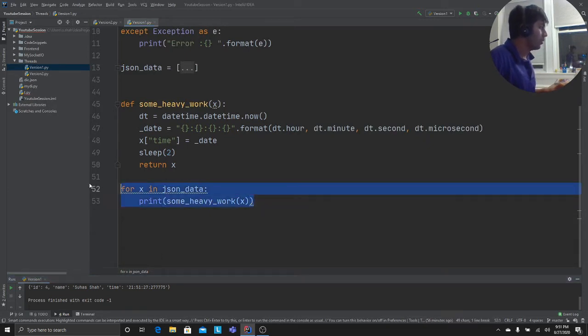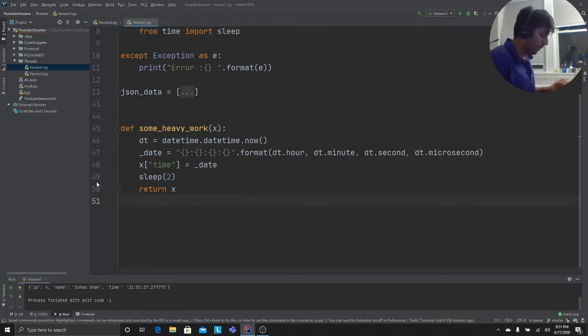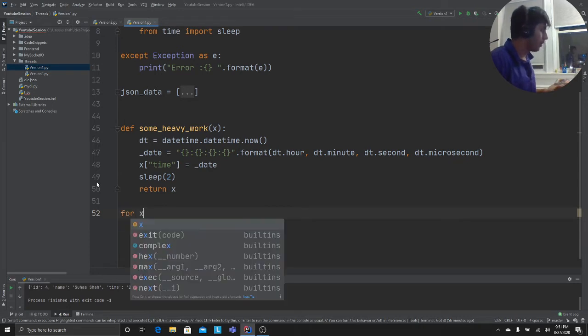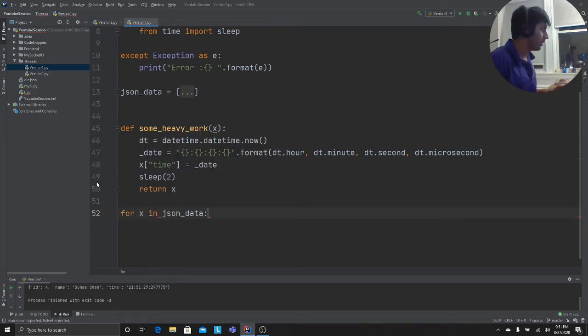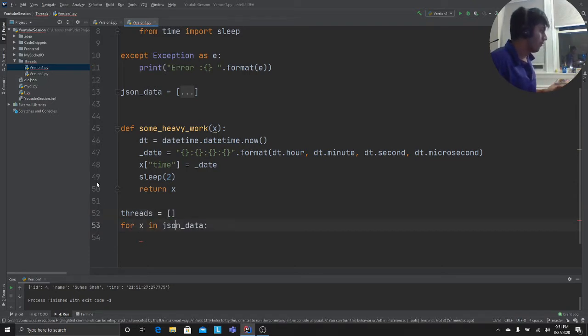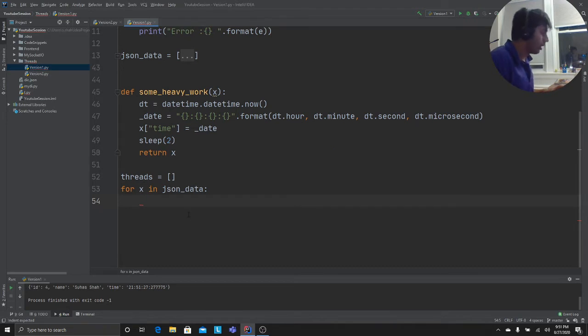So now comes the game. What I'm gonna do is for X in json_threads, I wanna create a list. Of course, I could use list comprehension, but first I'm just showing you bare-bones code, so beginners who are watching this tutorial can follow.